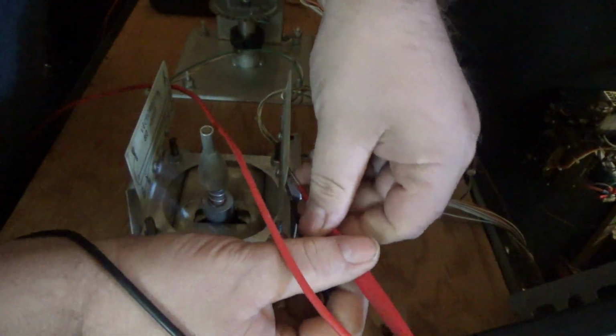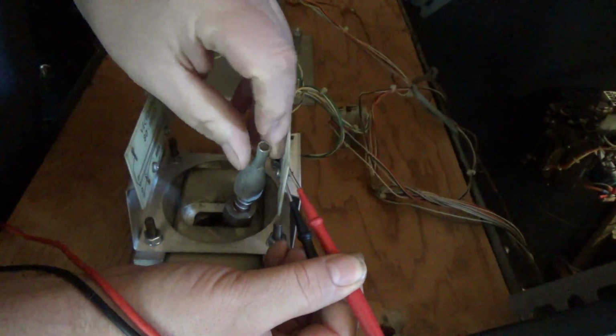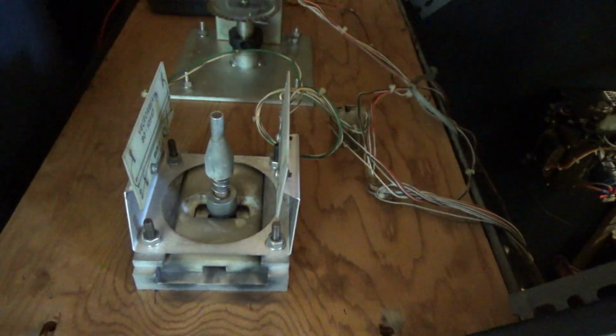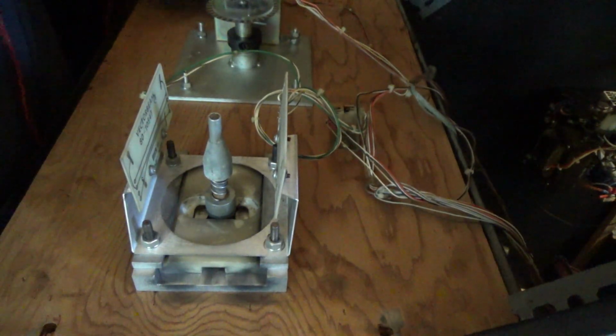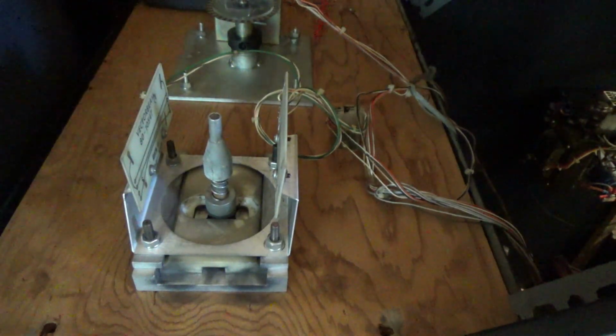And I'm going to cross this glass tube, and no one's home. Nothing's working. Now these glass tubes are the same glass tubes that go inside lots of Cinematronix games. You may not realize it,